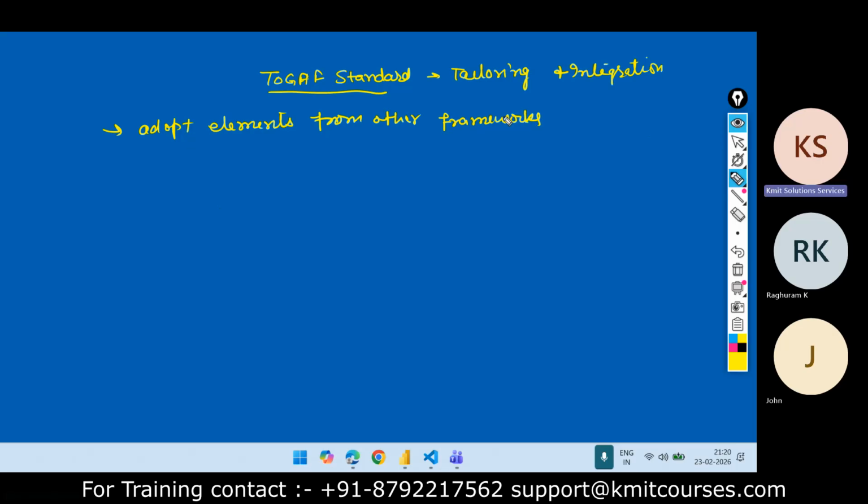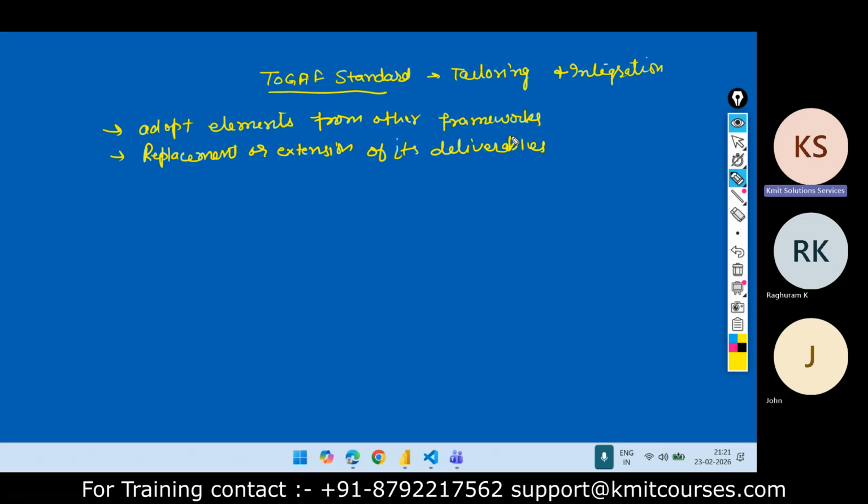Right? So you can adopt the elements from other frameworks. You can also not only adopt; if you want a replacement or extension of its deliverables, that is also possible for a specific set, okay?